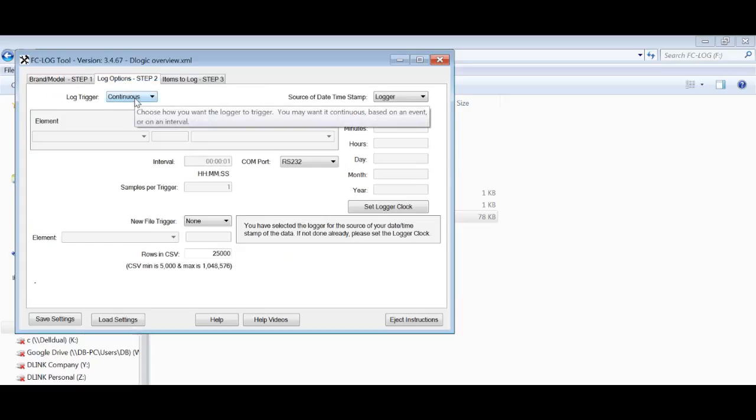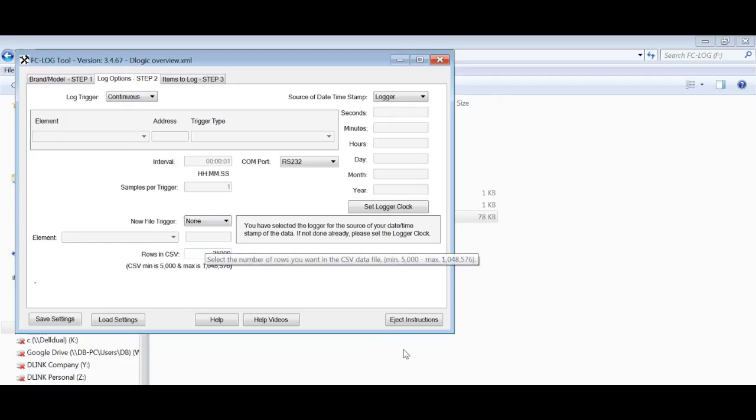Next thing I told it to do is log continuously as fast as you can. And when you get to 25,000 rows, create a brand new file. So that's how to create a new file on your logger. I also used the logger for the date and time stamp. I then said to it,